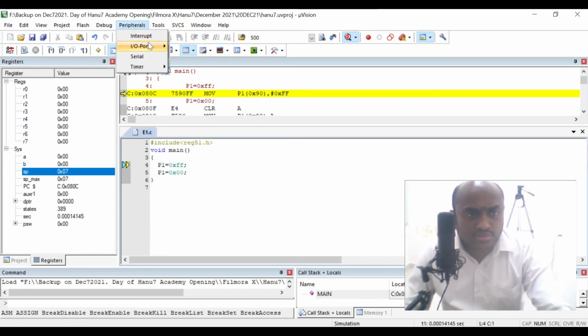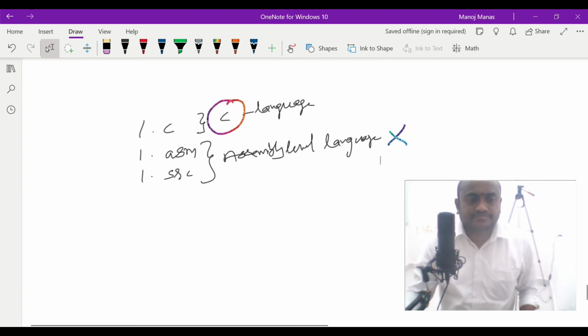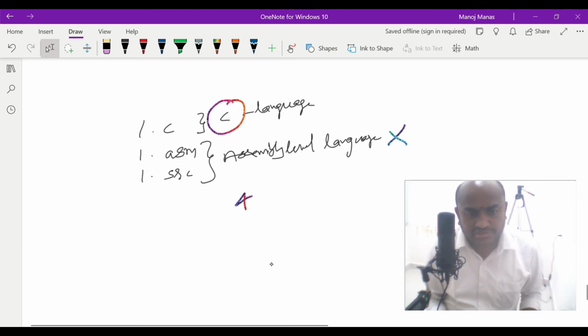You have to go to the peripherals, go to IO ports, and then select any one of the 4 ports. The target device, the 8051 IC whatever we have selected, has 4 ports, the same as our 8051. Totally there are 4 ports, and each port will have 8 pins.